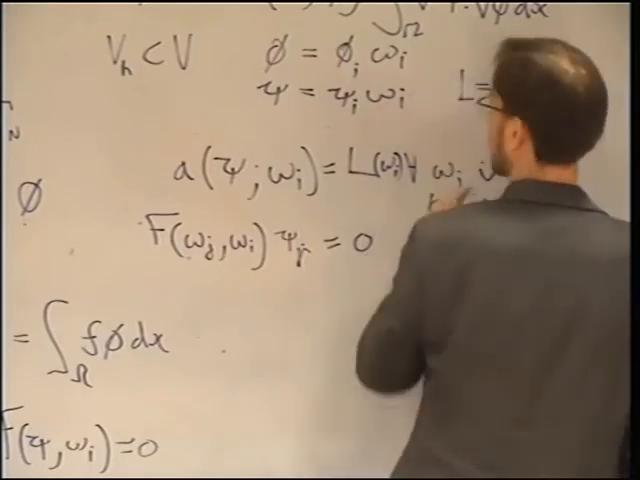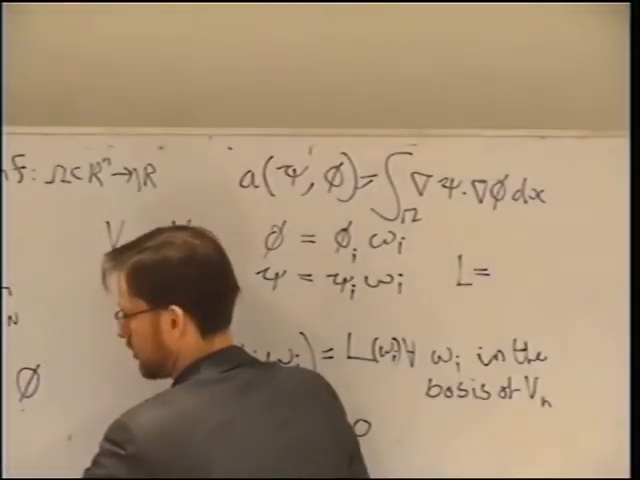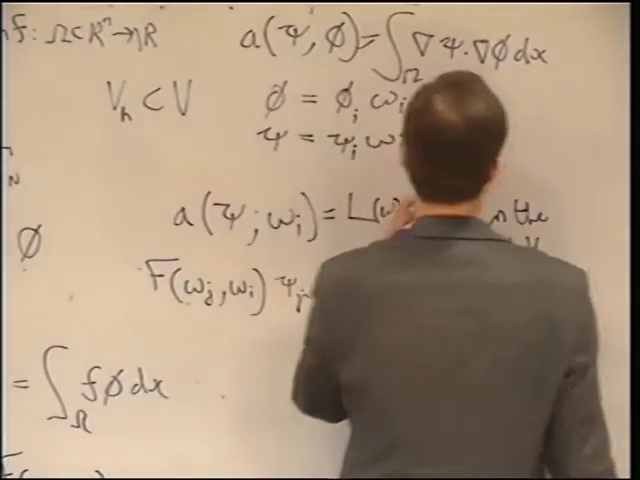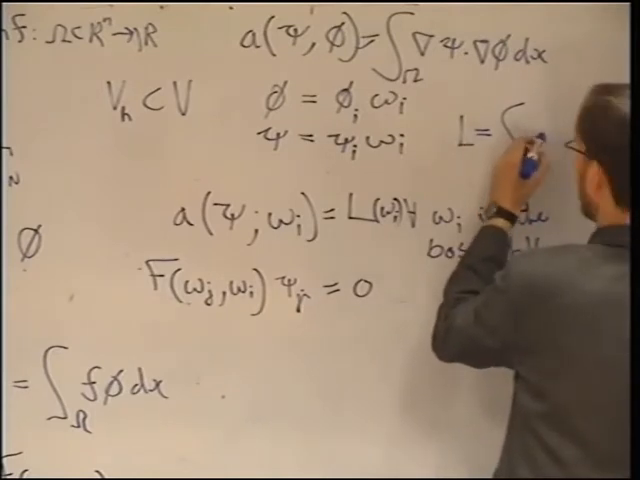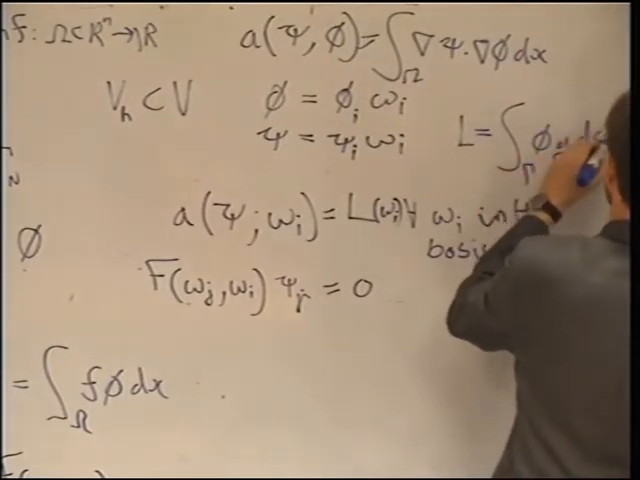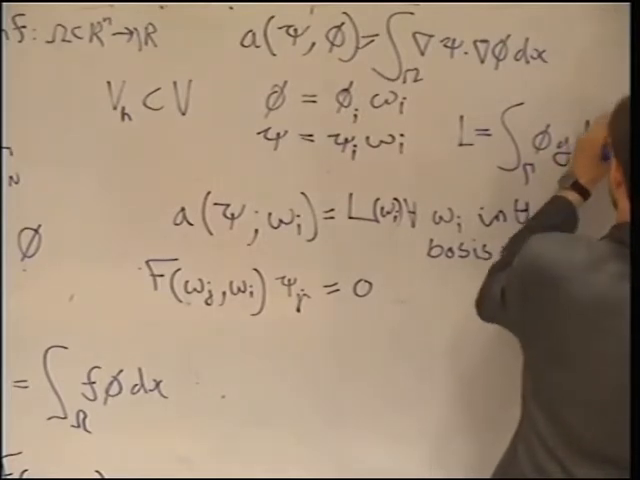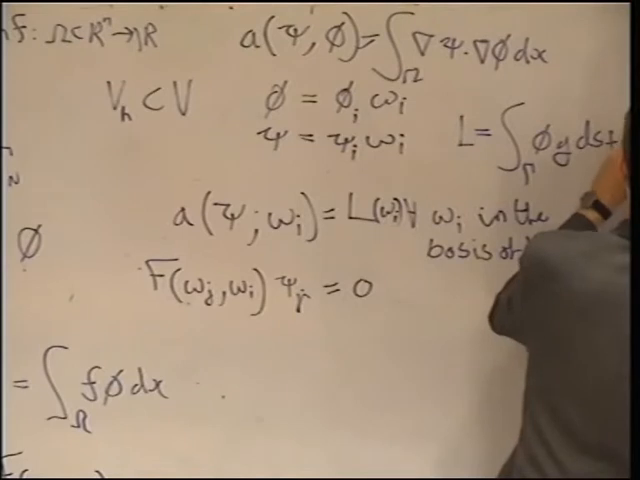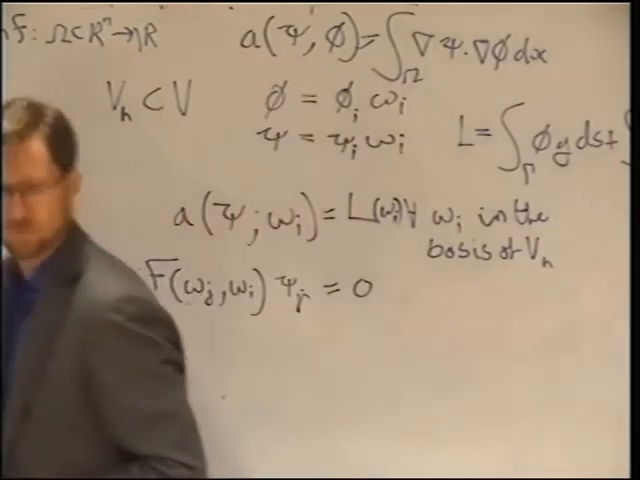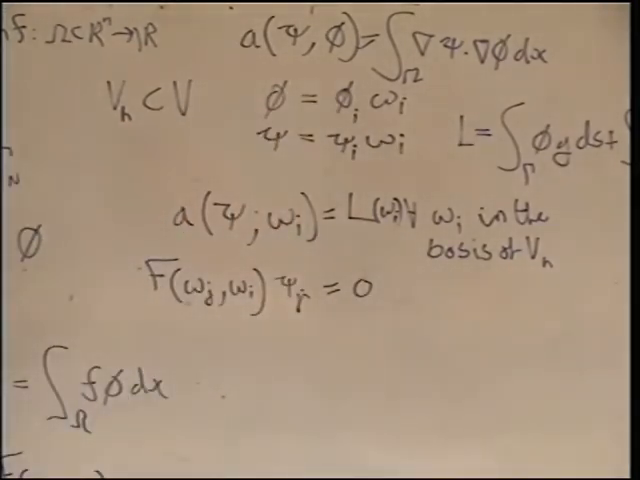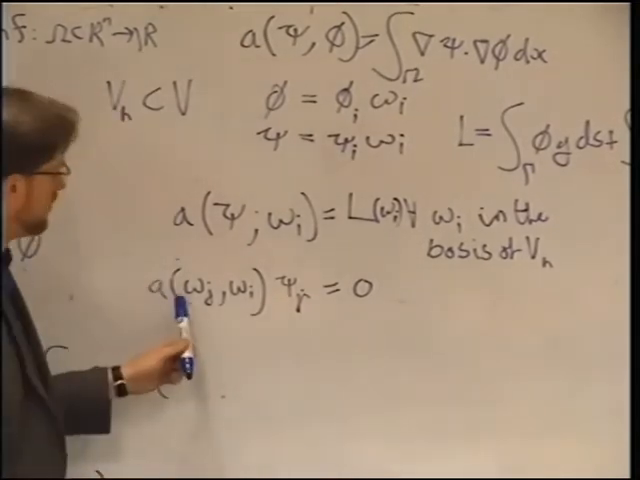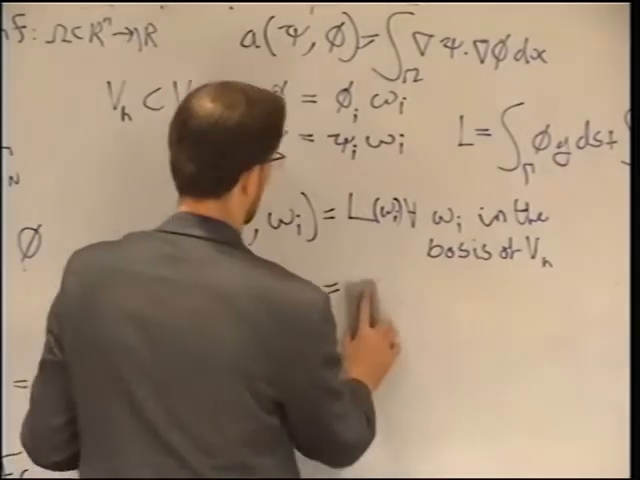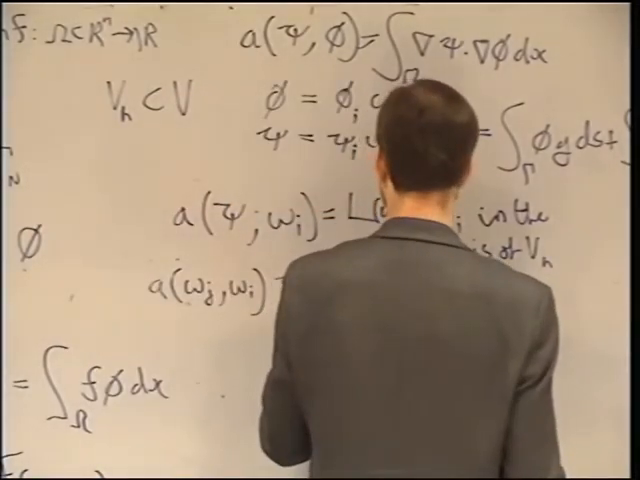And L equals, so remember I was saying this is kind of like a boundary condition operator, right? It doesn't have any unknown in it. So L is equal to the integral over the boundary of the boundary term, phi g ds, plus the integral over the domain of the forcing term. Okay, so now what I can write more correctly, A of omega j omega I equals phi j times phi j equals